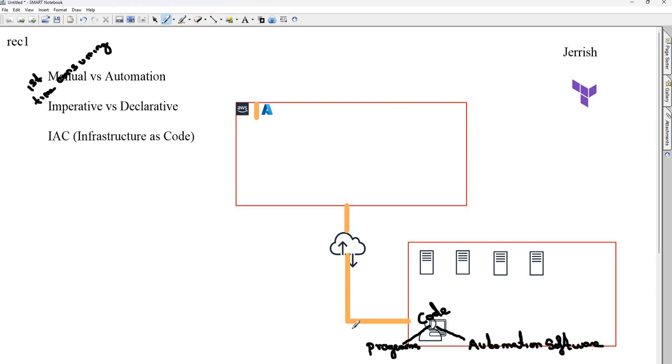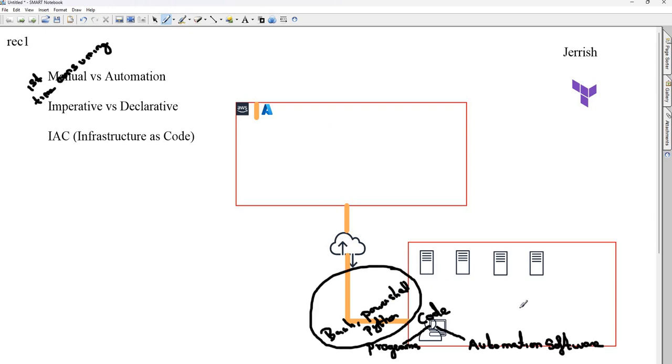Programs or scripts like Bash, PowerShell, Python can be used to do some activities in an automated way within Windows or Linux system or even on cloud.